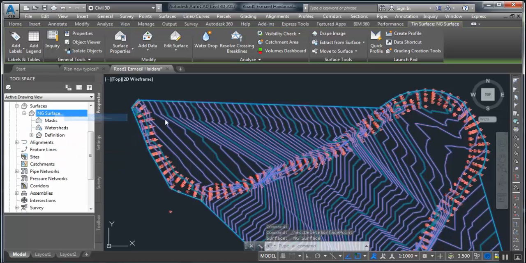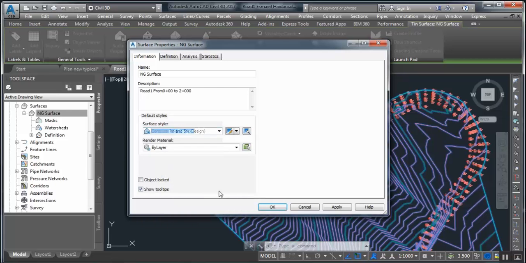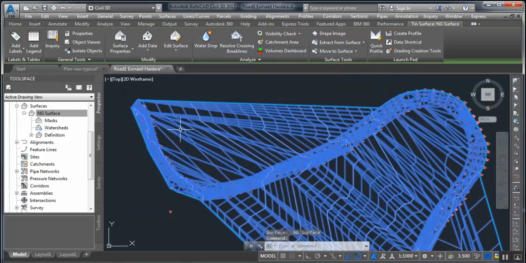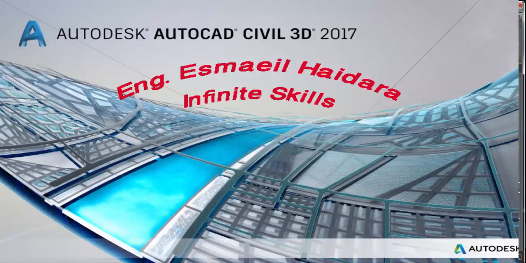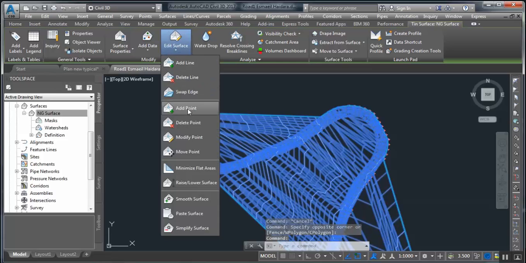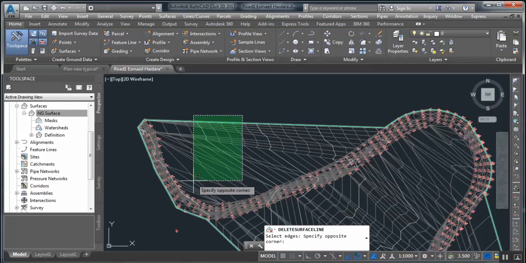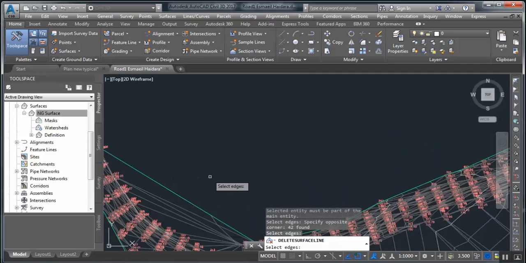We will change the style to triangle, contour and triangles. After that, now we can change anything and modify, edit surface, delete line. Okay, after that determine the lines you want to delete. Okay, like this